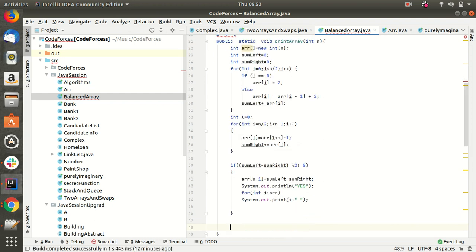Now we printed the array, and if it is not possible, else we will print no.